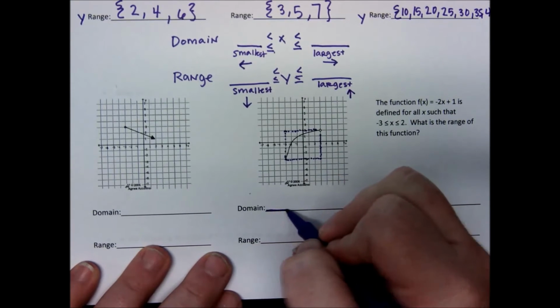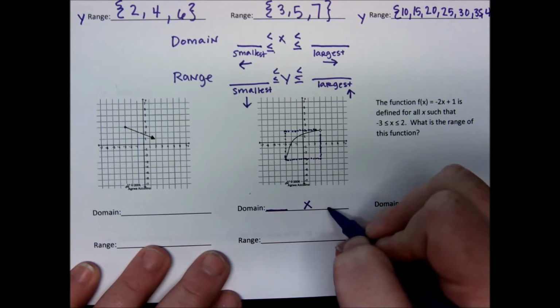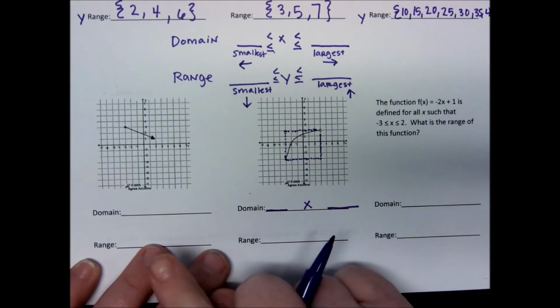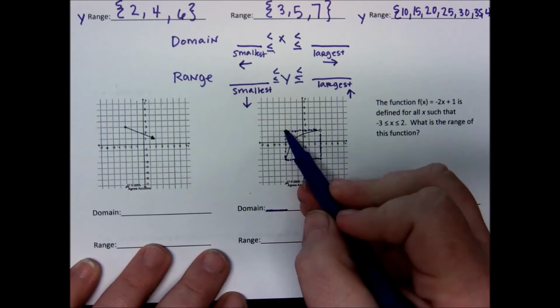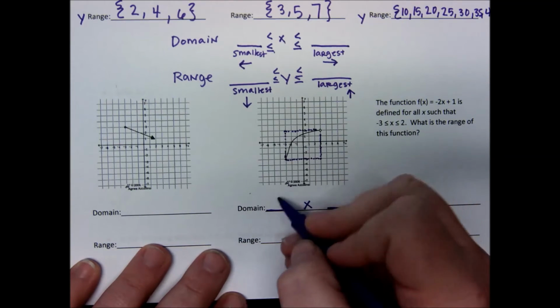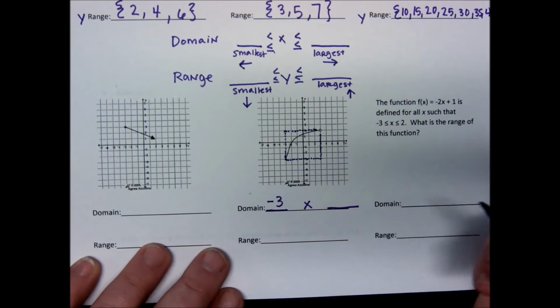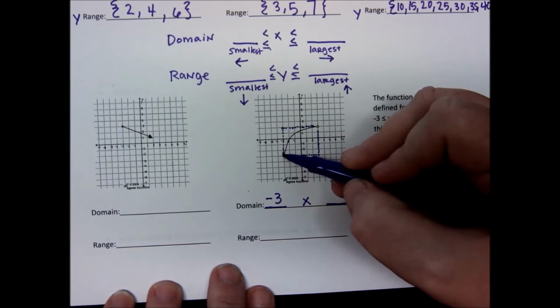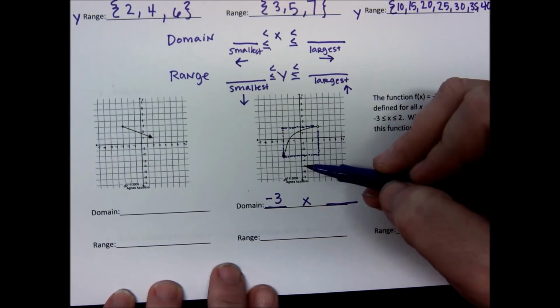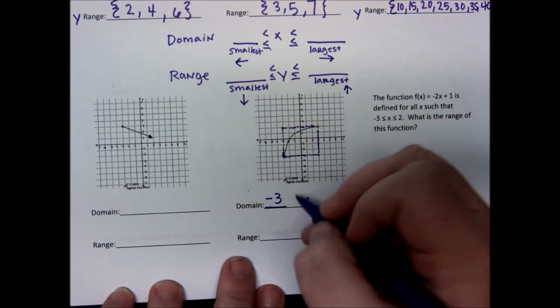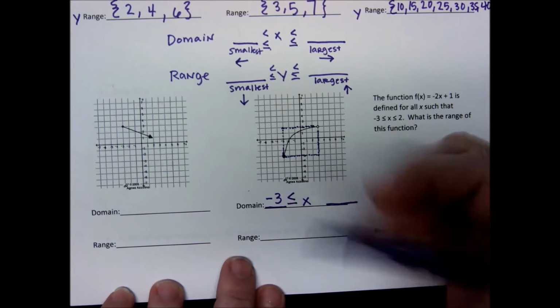Some number, x, some number. So I know this one's going to be the smallest or the farthest left my graph goes. So I look at my graph, and the farthest left it goes is right here. And this is at -3. So my graph starts at -3. So then I check what went out to -3. In this case, it was a solid closed dot. So that means I'm going to use this less than or equal to symbol,